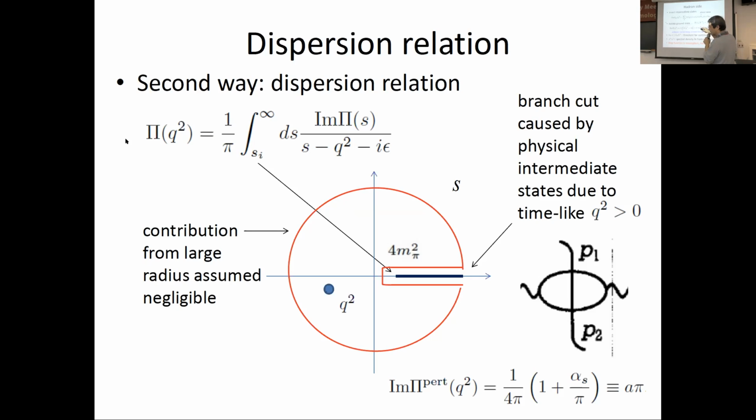So q squared, the photon mass, should be equal to, for example, the rho meson mass. And then f_V is the decay constant, which is defined through